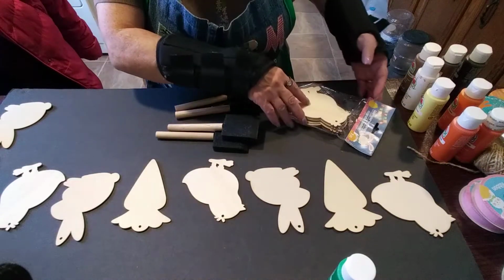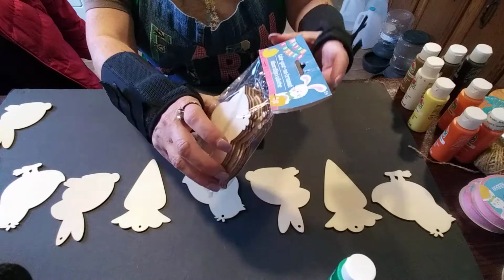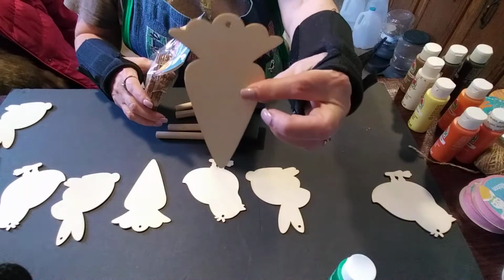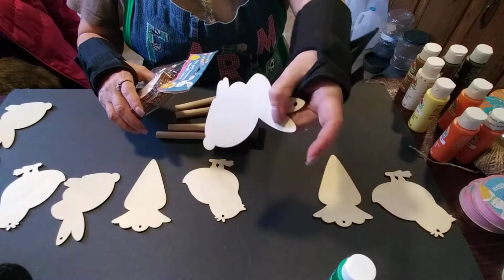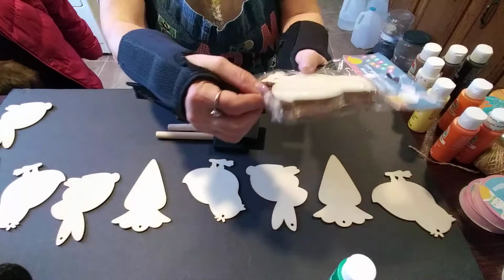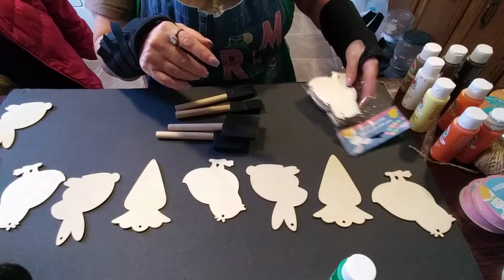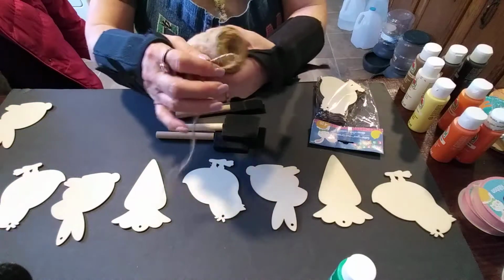Okay, for our next project, you will need these color-your-own ornaments. This is the chick. It also comes in the carrot and the bunny. Now, they also have their own little rope if you want to use it instead of the way I'm going to. Now, I'll probably use the rope just to show you how to put it on. You'll need some jute rope,